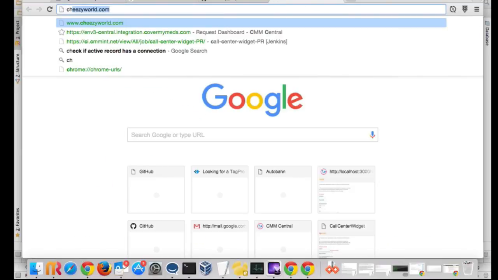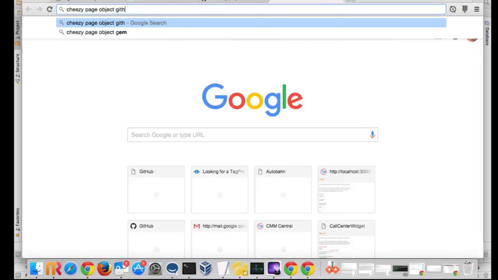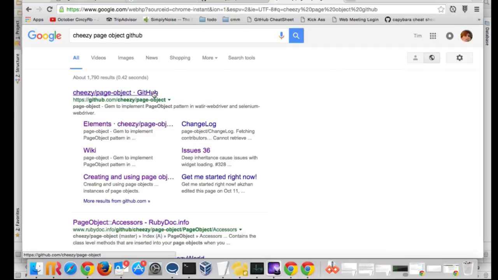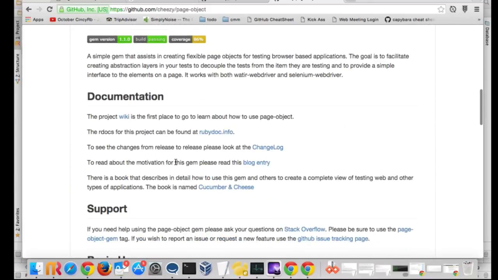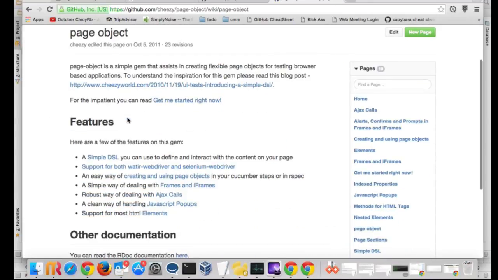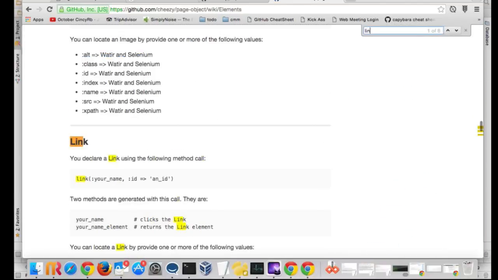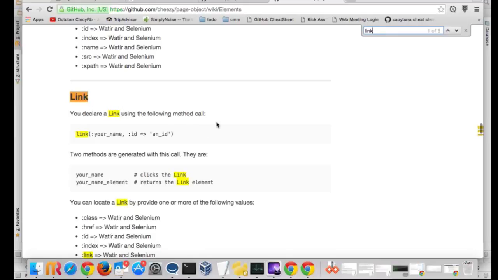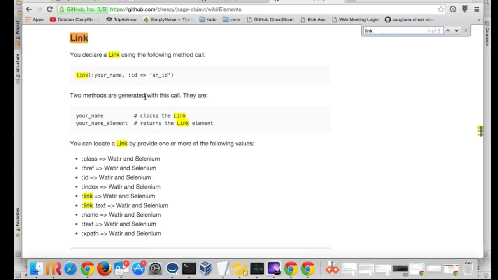And so basically, we can pop over to Cheezy's page object on GitHub and look at what this is giving us for free. Take a look at the wiki and look at the elements. And so if we look at the link,